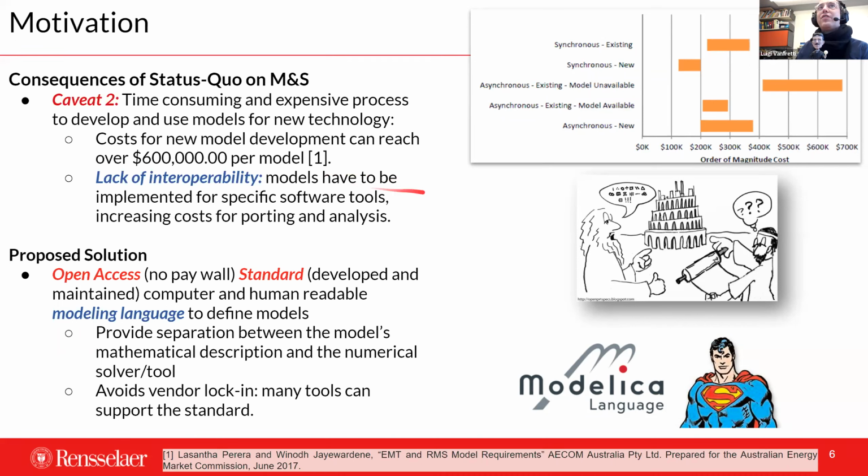the other problem of the lack of interoperability is that if you are familiar with this picture, this is the Tower of Babel. And this is the situation that we have between different domain specialists. Somebody that does studies of electromagnetic transients sometimes doesn't understand the people doing other types of studies. And this comes with this sort of narrowness of the specific domain tools. So it makes it difficult to understand requirements from the bottom up or from the top down.